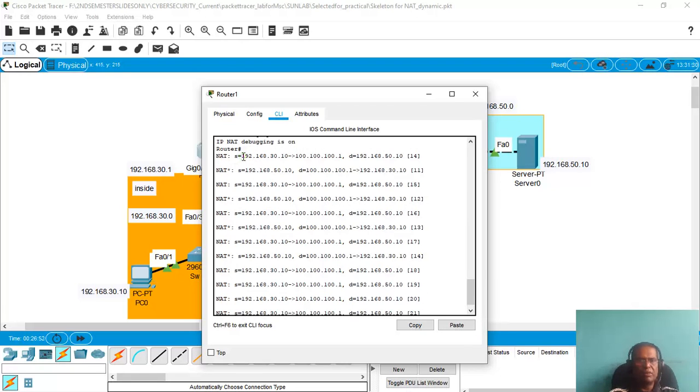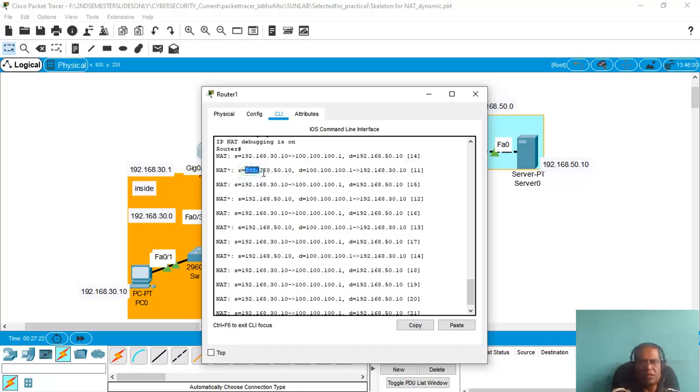That is, when we are pinging from 192.168.30.10, now the source is this one, but when the ICMP packets go out, they take the IP address 100.100.100.1 in their header as the source IP address, and they are delivered to 192.168.50.10. Fine. Now in the second category, the reply is going to come from 192.168.50.10.